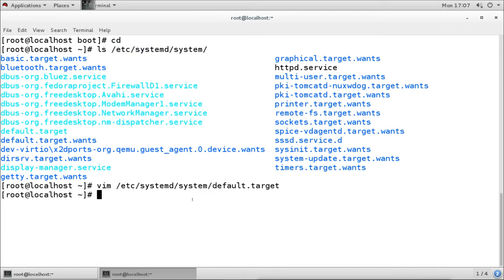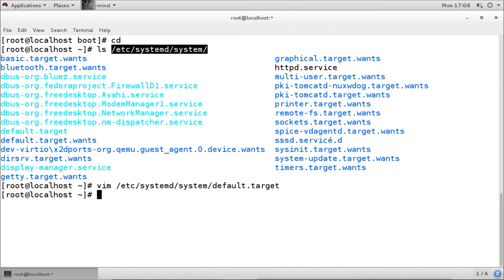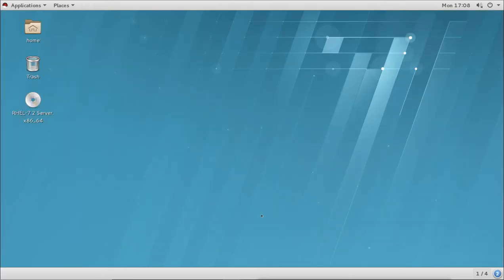So based on this file, systemd will start initializing the system. It will start initializing and running the services and targets from this directory, because this directory has all the required services and targets available so that they can run at boot time. Once all these things are executed, the user will get the login menu, and then the user can log in and use the system. So this is briefly how systemd boots our Linux system.